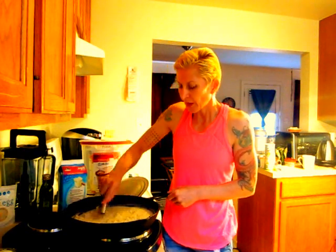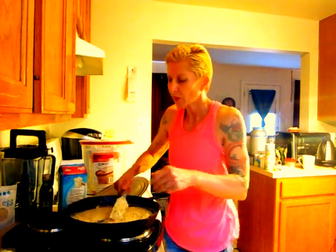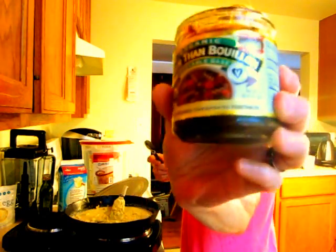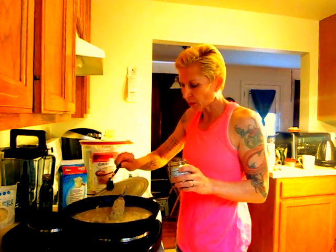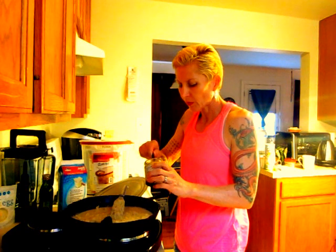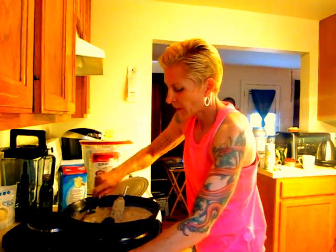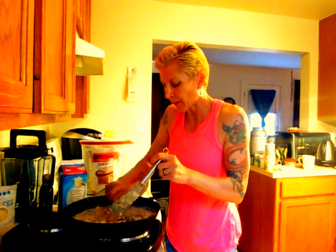So we're doing this, and what I like to put in here is some bouillon. You can get the little bouillon cubes, like Knorr bouillon cubes, or you can use the stuff that I got. It's actually an organic one, but you can use any kind of bouillon you want. You get a little bit like this and you put it in there. You don't want to over flavor it. You just put enough. You stir it into your gravy,